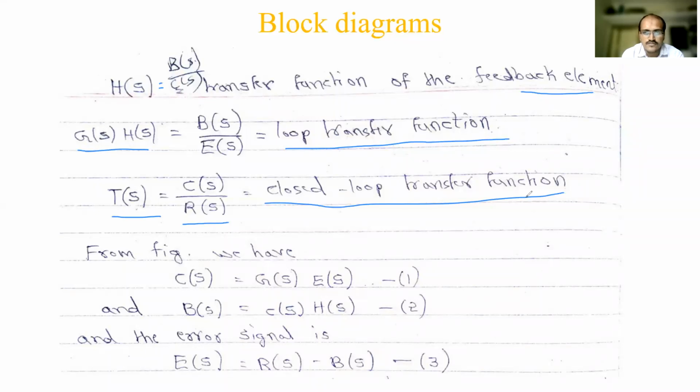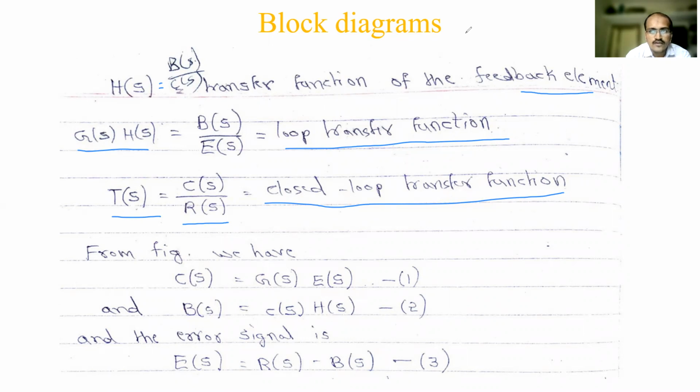So that is a closed loop system and its closed loop transfer function we are going to derive. That is T of S we have to derive. So we'll start with the figure, so you have the picture in mind. Closed loop system. So from the figure we know already the G of S definition. It is C of S by E of S. From that, what is C of S?